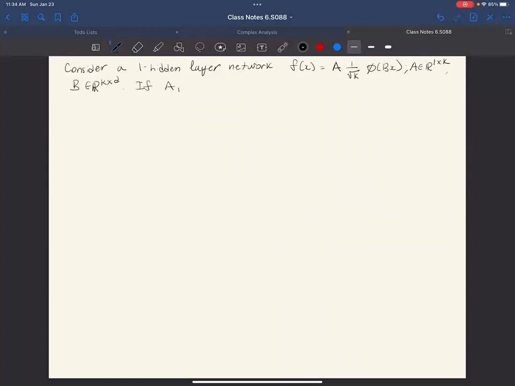Now, if the a1i and the bij are IID drawn from a standard normal distribution, for i in the set 1 through k and j in the set 1 through d, and let's assume we have data on the unit sphere, so this means that the norm of x tilde equals 1, then the neural tangent kernel is given by